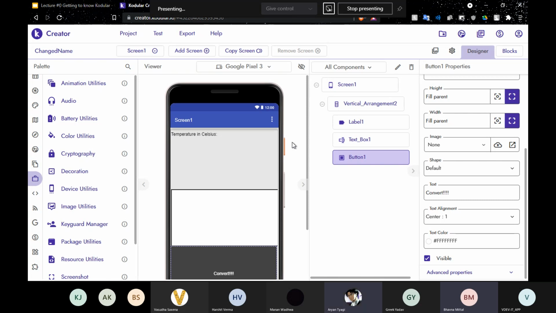Also, I would like every one of you to experiment with the coding blocks a little bit, so you get some knowledge about this. And since it's a visual language, it has the advantage that you can easily explore the language just by reading information about each of the blocks, or by experimenting with it.